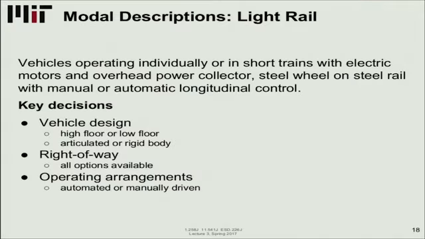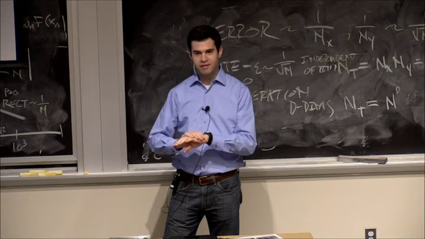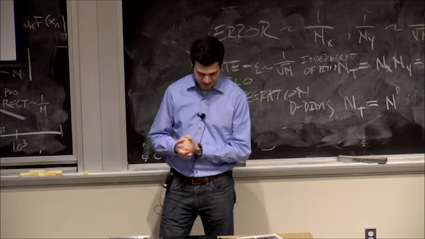Okay, let's talk about light rail. So, stereotypical description of light rail: vehicles operating individually or in short trains with electric motors and overhead power collectors. Steel wheel and steel rail with manual or automatic longitudinal control. So if you were a consultant and you were thinking about